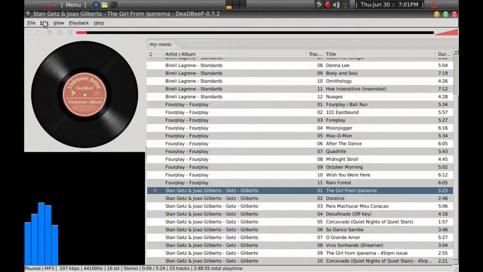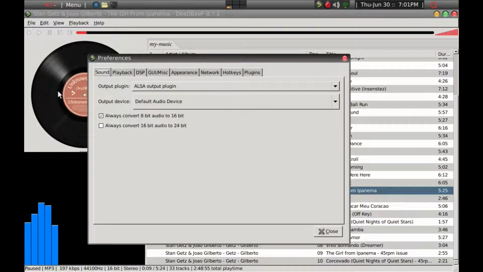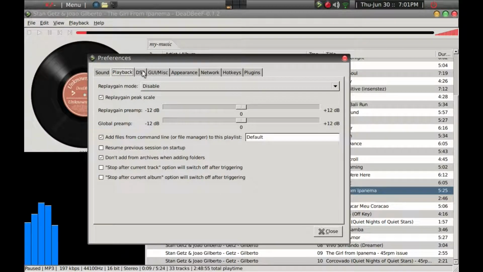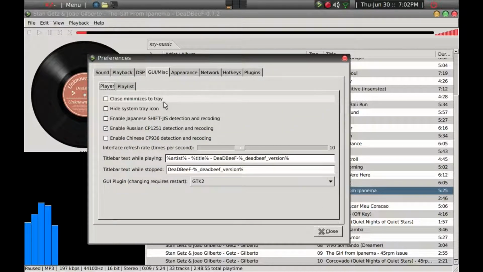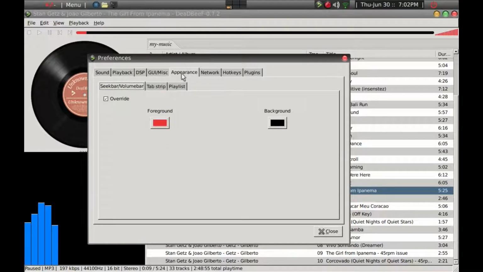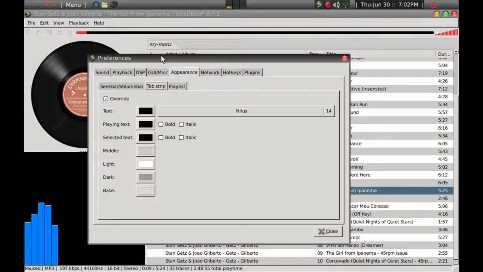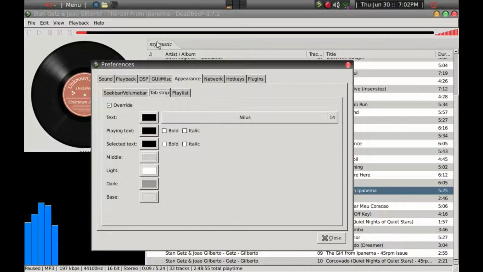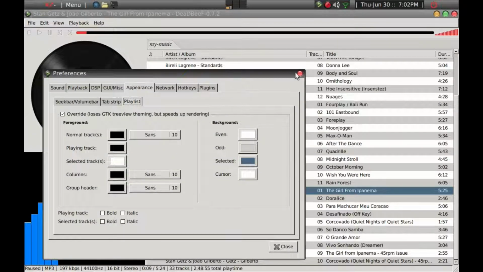So I think that we'll go ahead and continue on here under preference. So we went through the playback. I think that we'll go ahead and leave everything pretty much as it is. GTK2 appearance, we've changed the color of this play bar, and we also changed the tab strip font. And next we'll go ahead and look at the